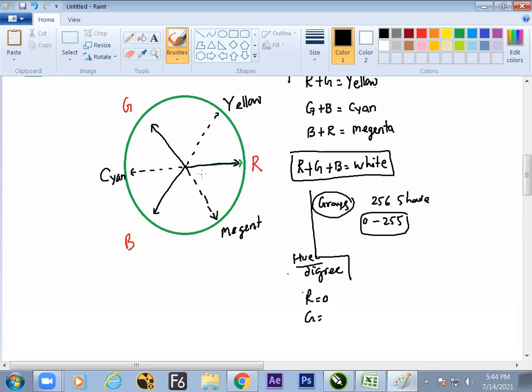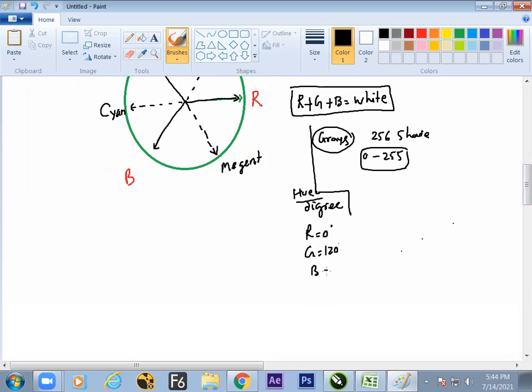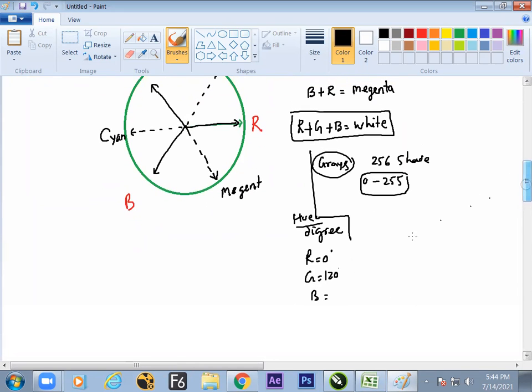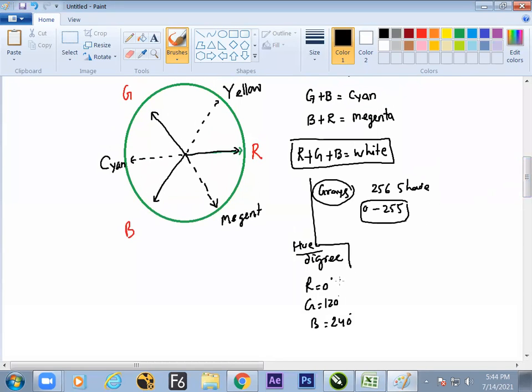And if you're dividing 360 degree by 3, then each one will appear at 120 degree difference. And the blue value is 120 plus 120, 240. So hope we got to know how the color is calculated in degree format. And yes, RGB is calculated in degree or in sets.